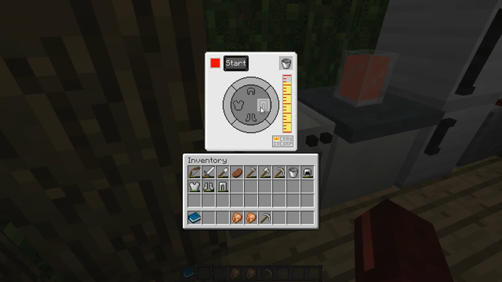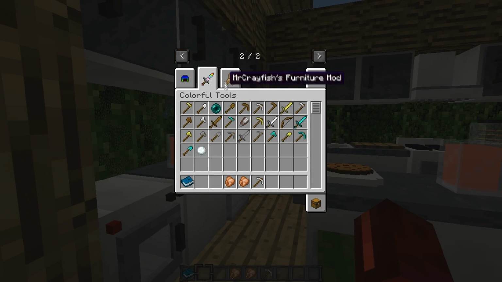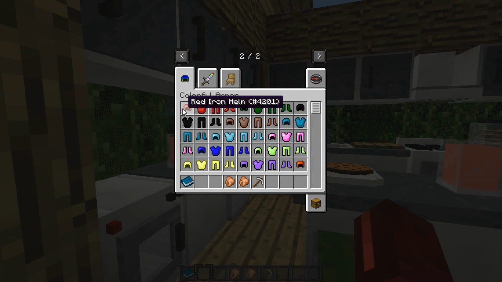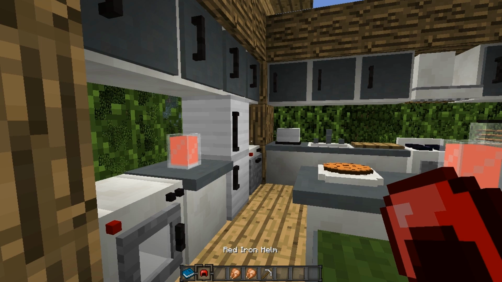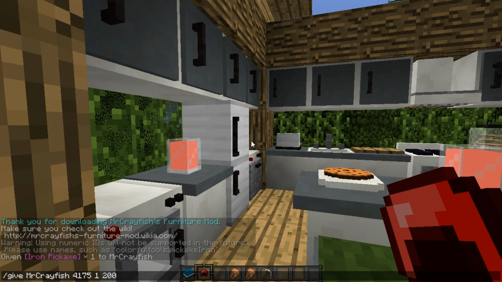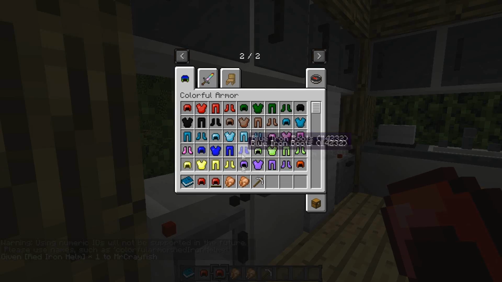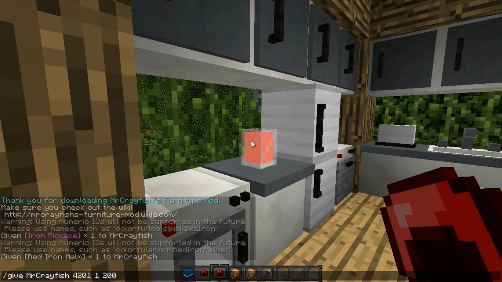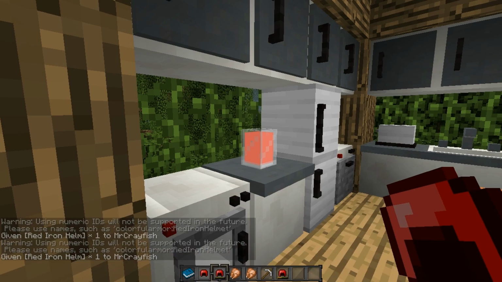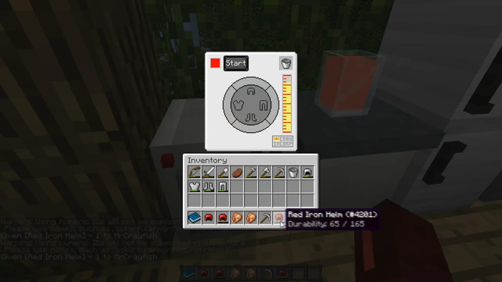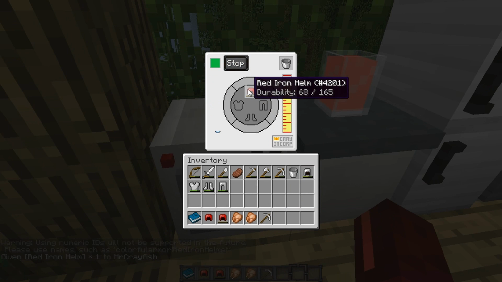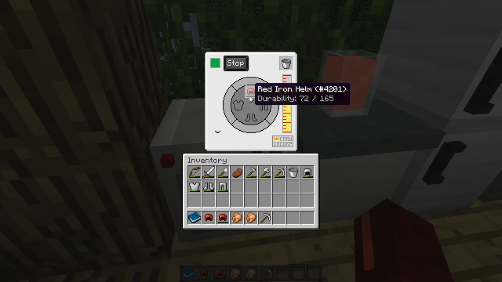So let's take out this, and what we need to do is get one from the colorful tool mod, and this is the red iron helmet. So that is 4201. Let's just damage it a little bit. Okay, that's a little too much. Do 100. So there we go, we damaged it a little bit here. Pop that in there, press start, and as you can see, it is now repairing the item from the colorful